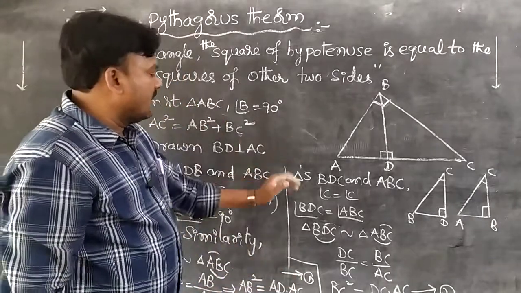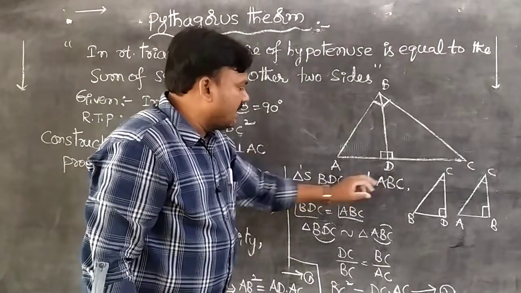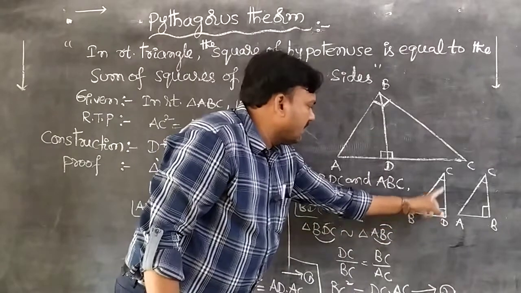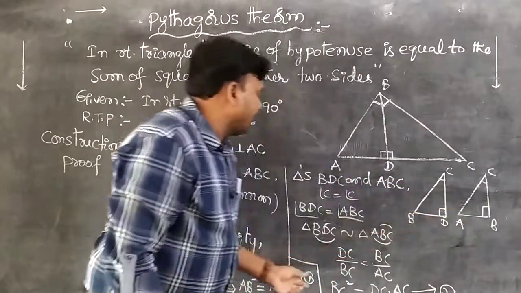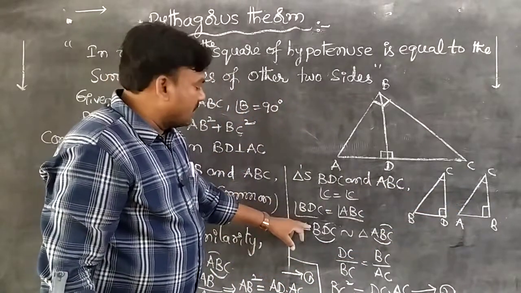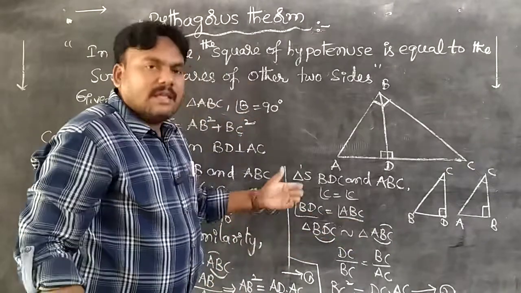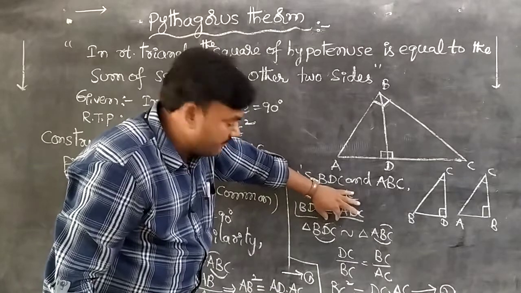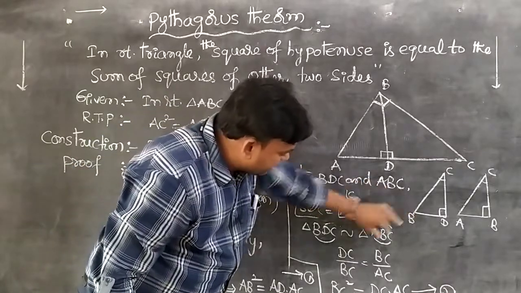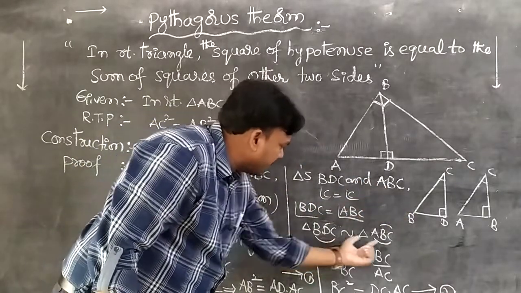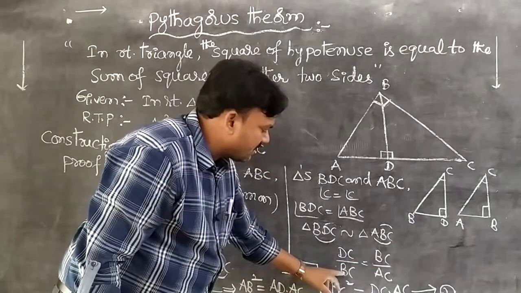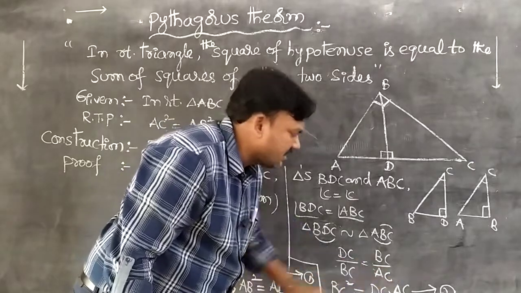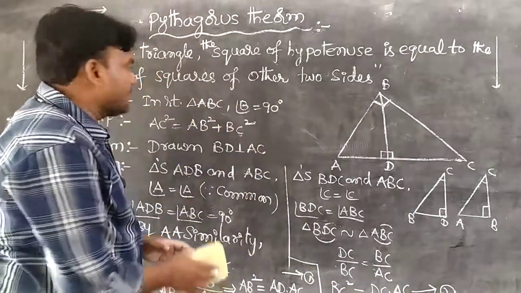And coming to the second one, triangles BDC and ABC. Here angle C equal to angle C, angle BDC equal to angle ABC. Then by AA similarity, both are similar to each other. Then take the ratio, students. So here, first of all, last diagram, DC by BC, this one BC by AC. Then cross multiplication: BC into BC, BC square equal to DC into AC, which is equation number 2. So here observe, students, I erase it.